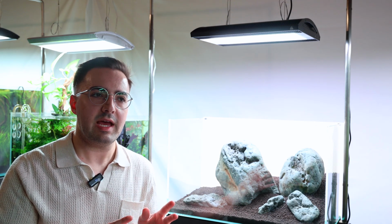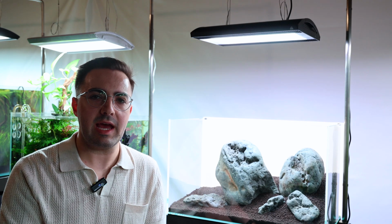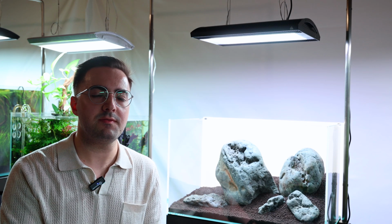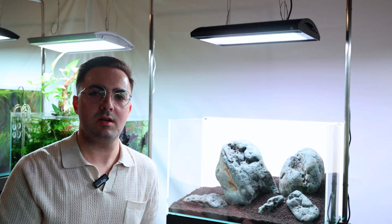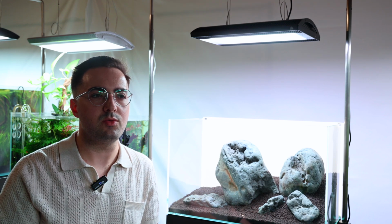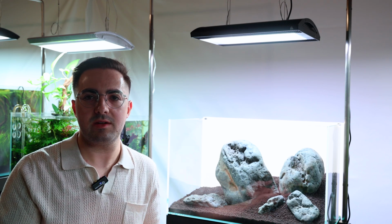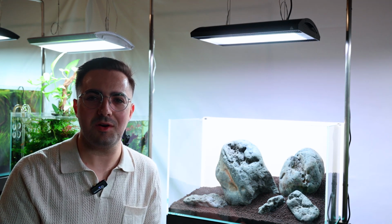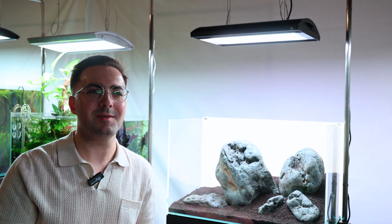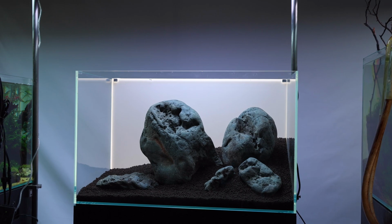Besides the glass having cracked slightly on the top, one of the other concerns I have is when I fill it up with water. If you've ever done a layout where the soil has an incline to it, you know that when you fill it up with water, some of the soil will settle and fall. And so I'm a little bit worried that my hardscape's going to fall over once it starts filling up with water. So much so that I was thinking about filling this up and doing what we call a dark start,